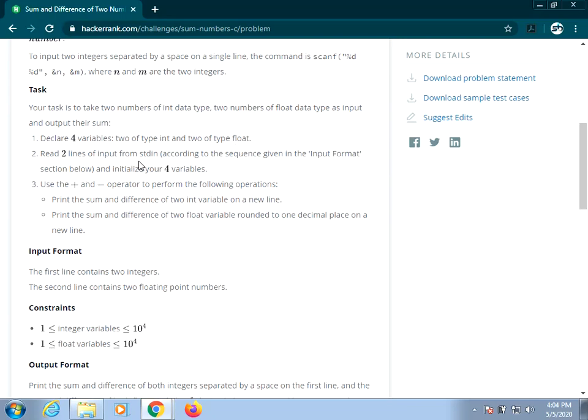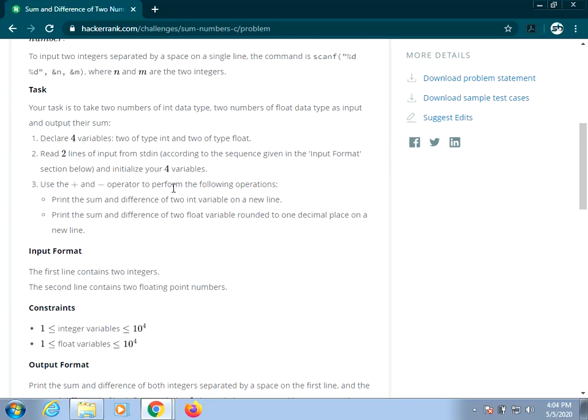Read two lines of input from the standard input according to the given sequence in the input format section below, and initialize four variables. That is, we will be given two input lines.